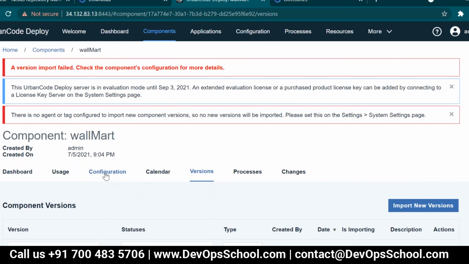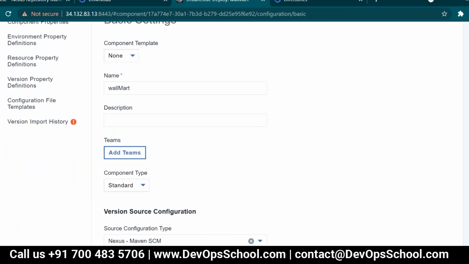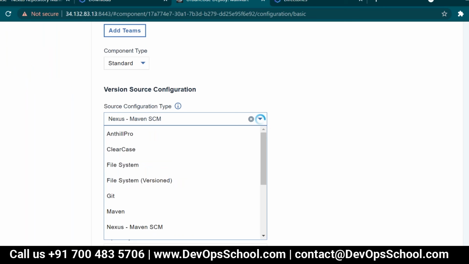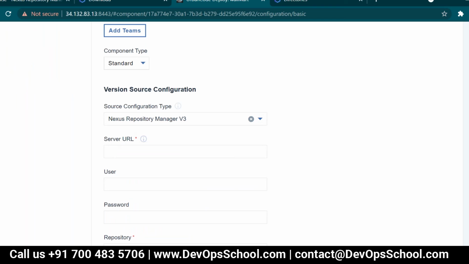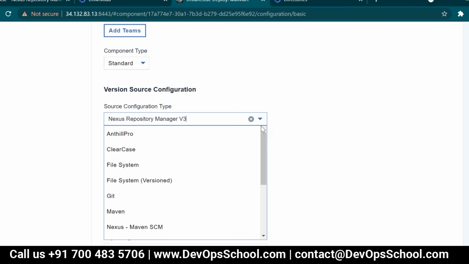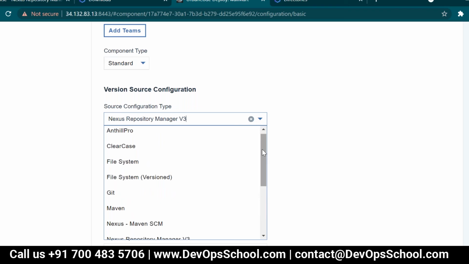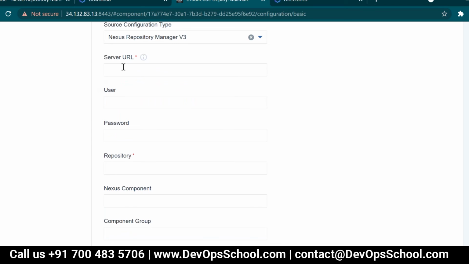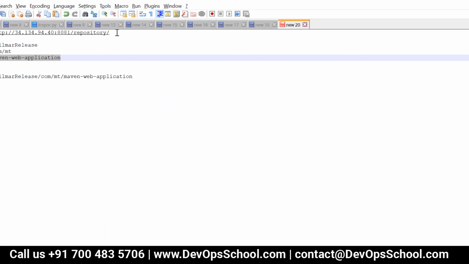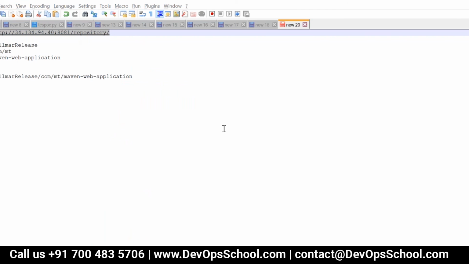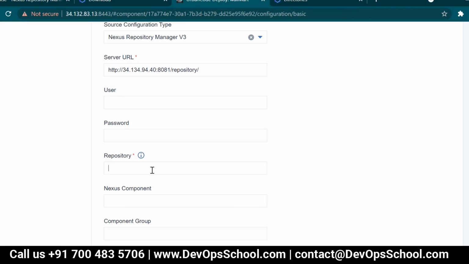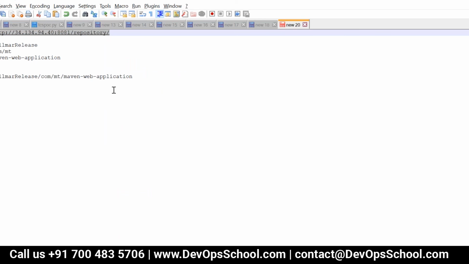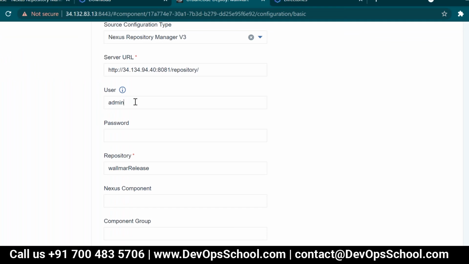So we should not use this one. You have to use this one only. For Nexus, you have to use this one, Access repository manager. If I put the server URL and only the repository, admin12345.